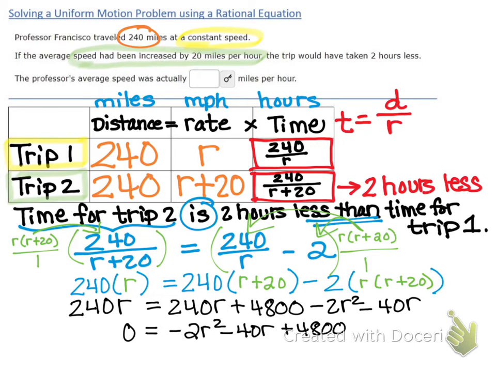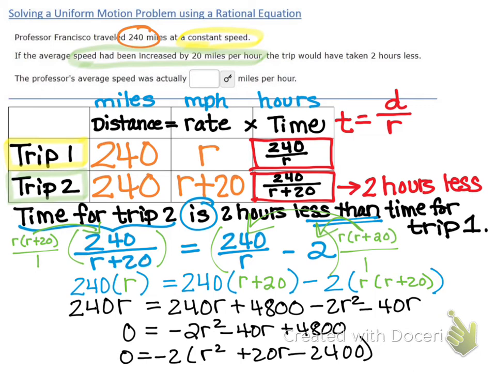So we first look for a GCF. Our GCF is negative 2. So if I factor out negative 2, I'm left with the trinomial r squared plus 20r minus 2,400. So at this point in the video, you can pause it and you can continue to factor it on your own and solve it. Or if you want to keep watching, I will go on to the next slide where we will factor the